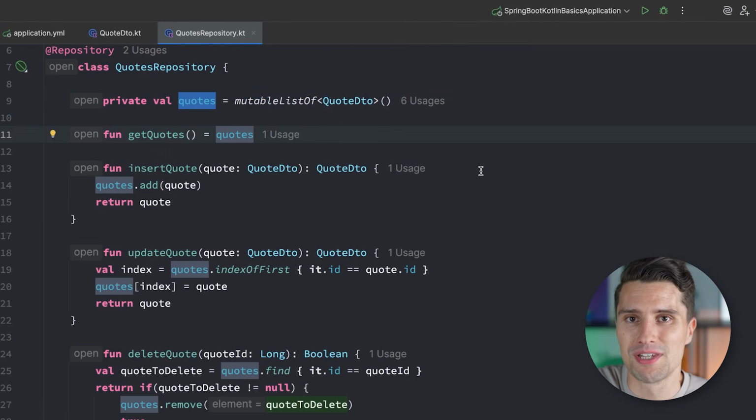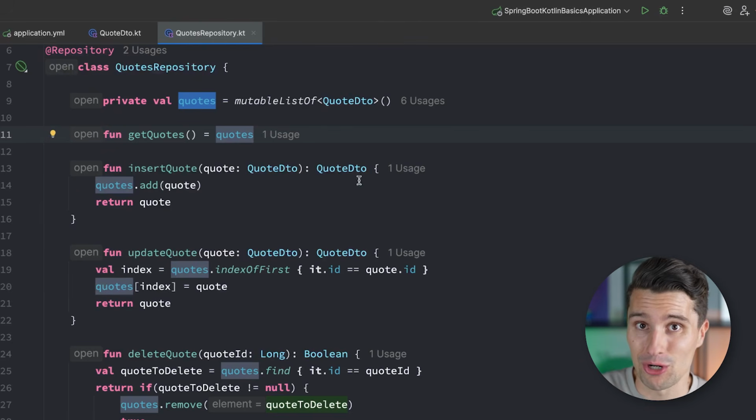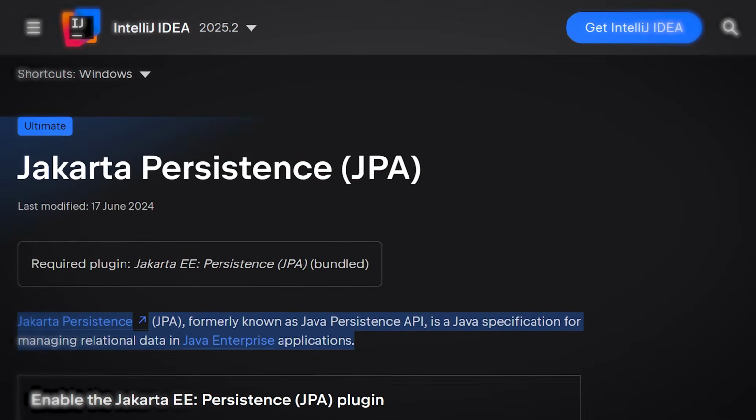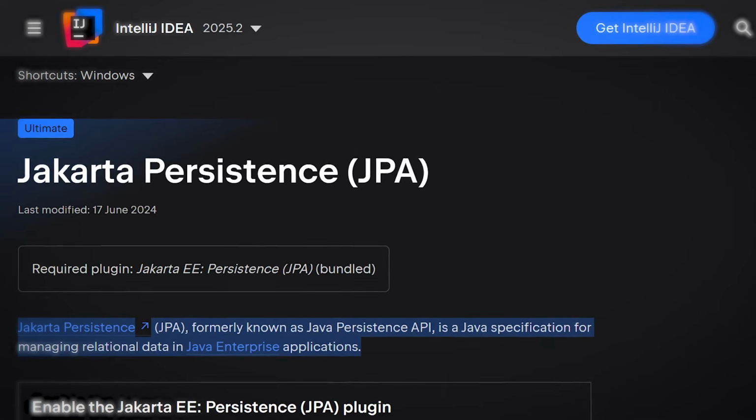When it comes to persisting data in Spring Boot, like our quotes here, there are a lot of different ways to do that. However, regardless of where you learn about Spring Boot development, you usually don't get around what we call JPA, the Jakarta Persistence API. That is in the end a library, a framework that allows us to treat our Kotlin classes as database tables. And the library then simply abstracts most of the necessary SQL that would have to be executed behind the